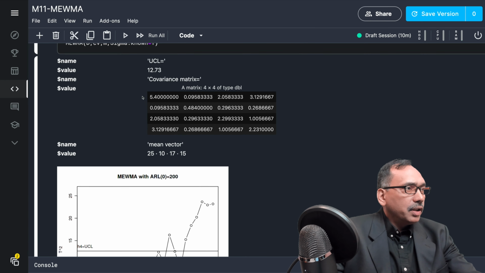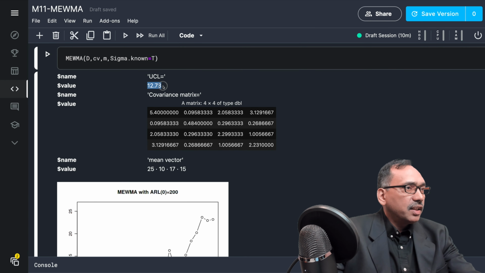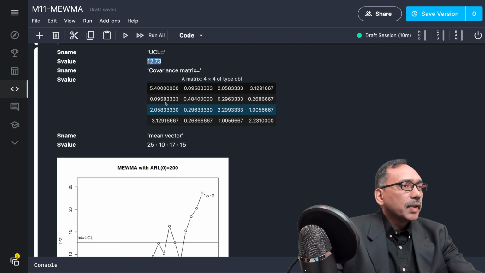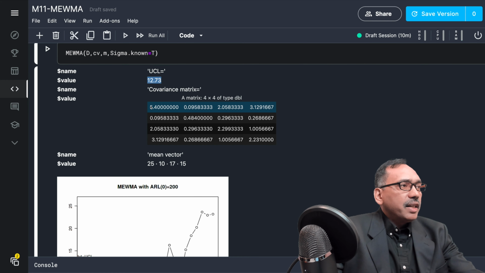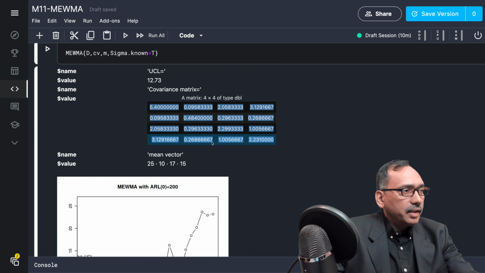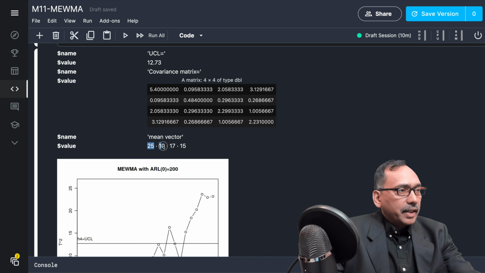So your control limits are at 12.73. Upper control limit is 12.73. And it repeats your covariance matrix that we designed earlier and the mean vector.